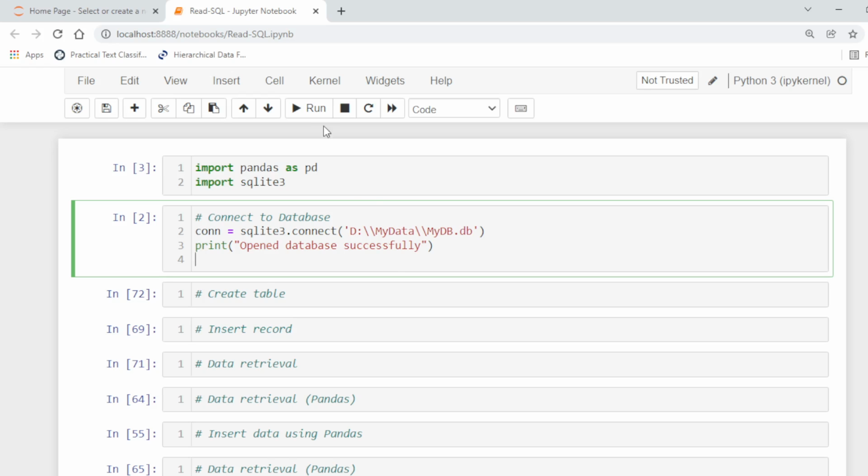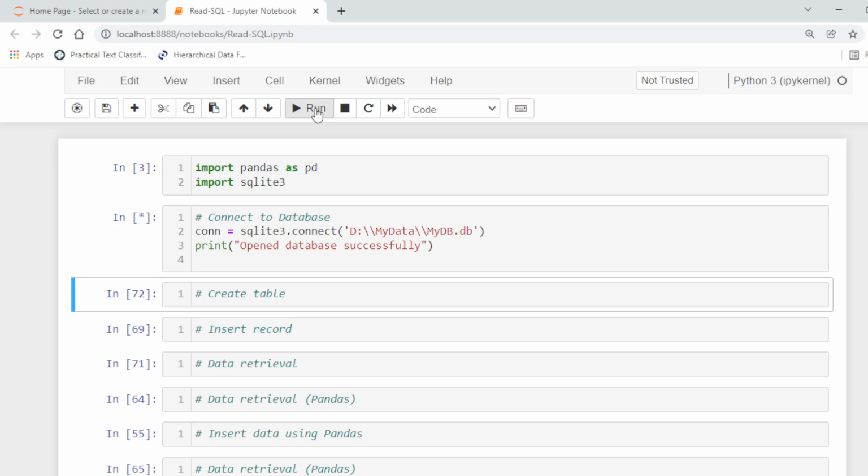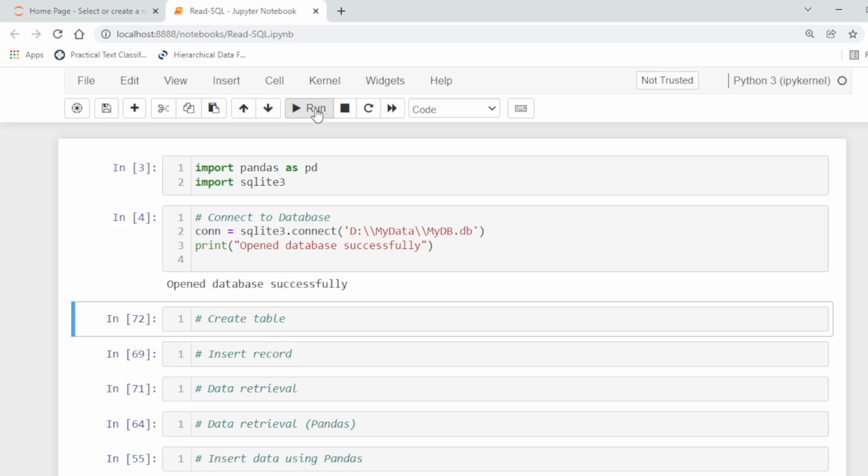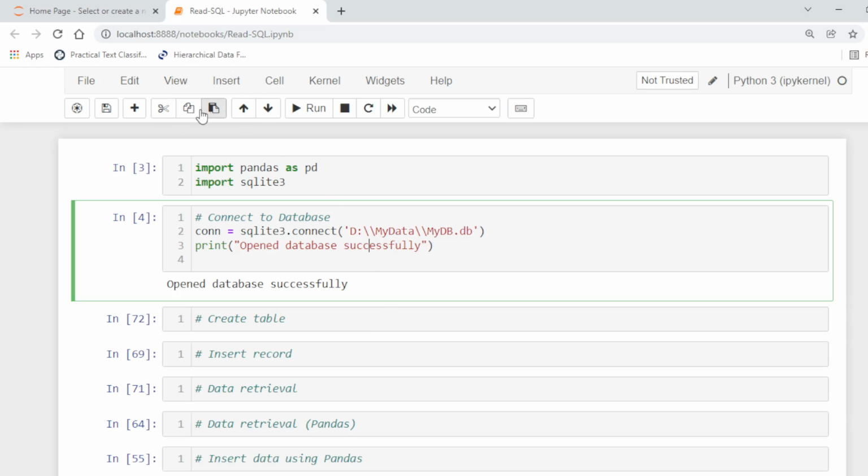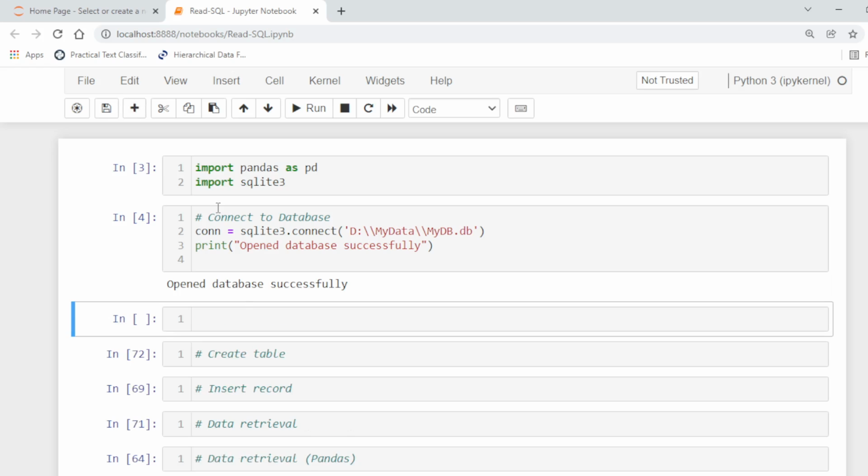So let's run. Now the database MyDB is created in the folder MyData. First of all, let's create a cursor.